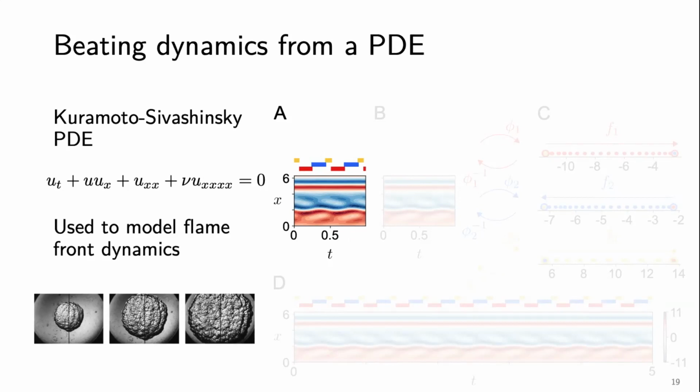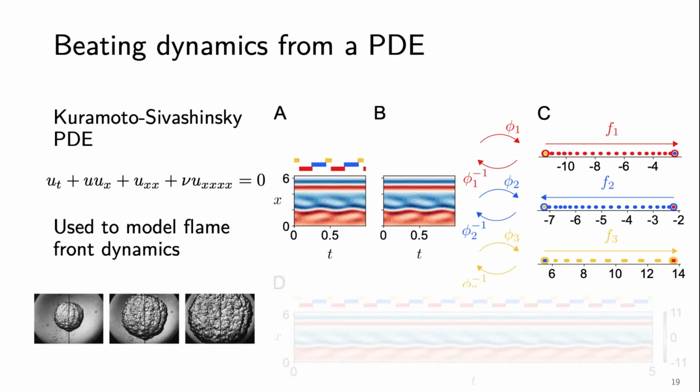The red, blue, and yellow colors just above the space-time plot show the result of applying k-means and patching this up into 3 different patches. In panel B, this is the data reconstructed from a one-dimensional representation. For each of these patches, we train an autoencoder to learn a one-dimensional representation, and then we can map back from those 1D representations to the full 64-dimensional space, which is shown in the second